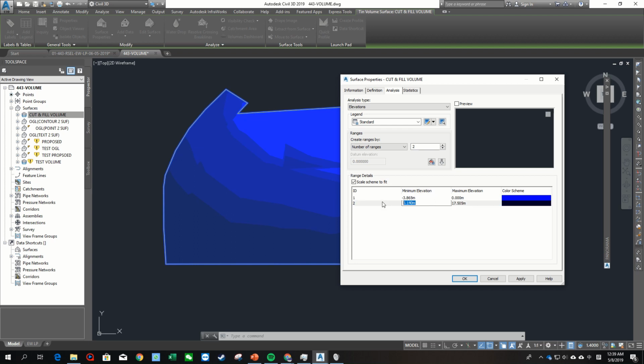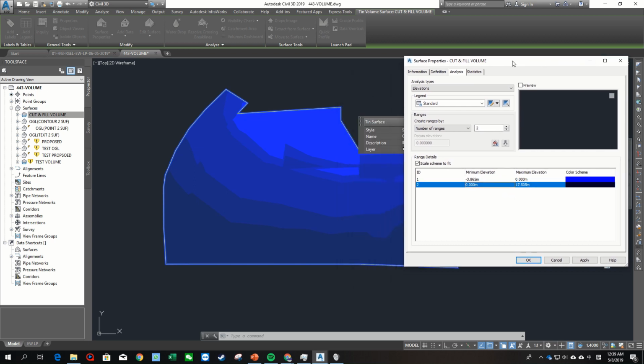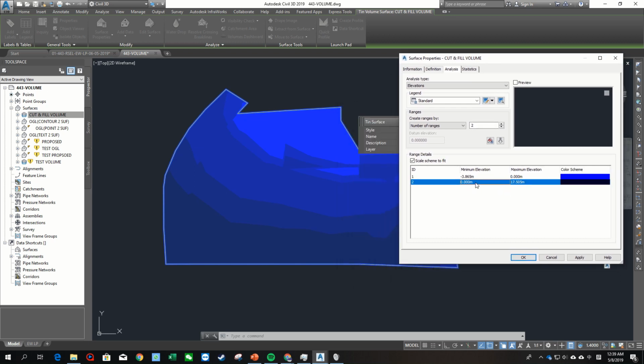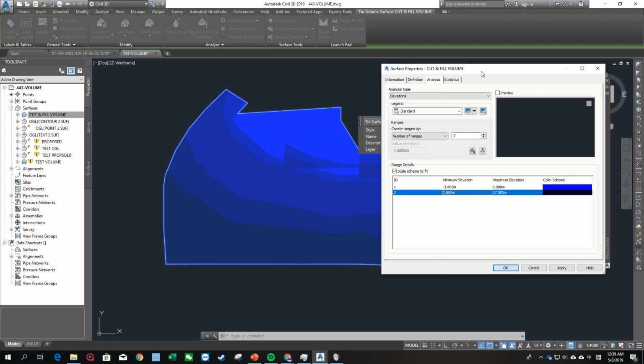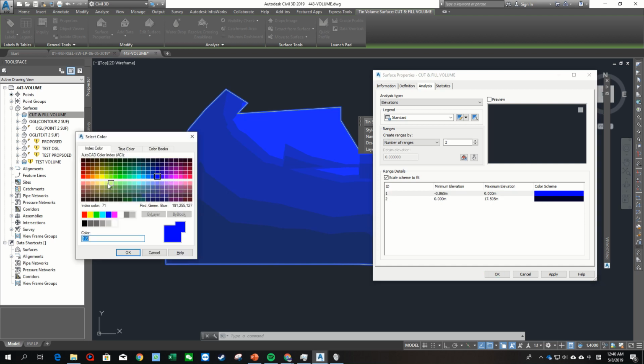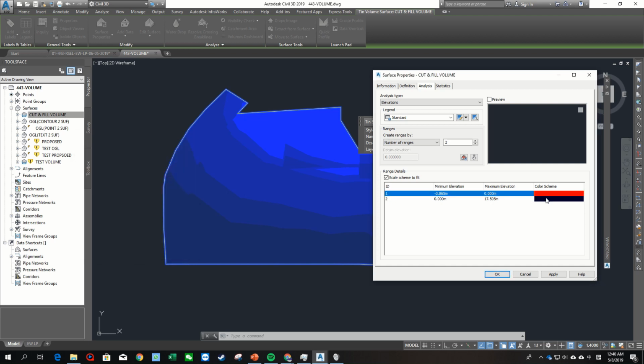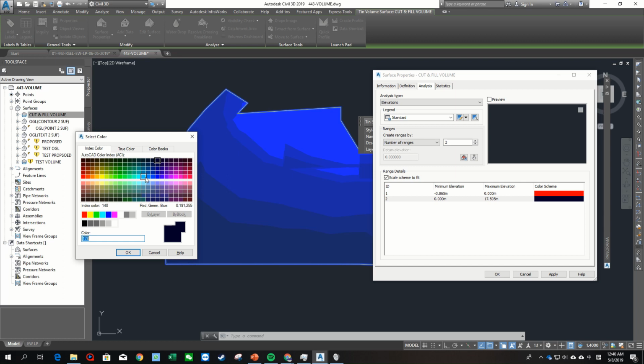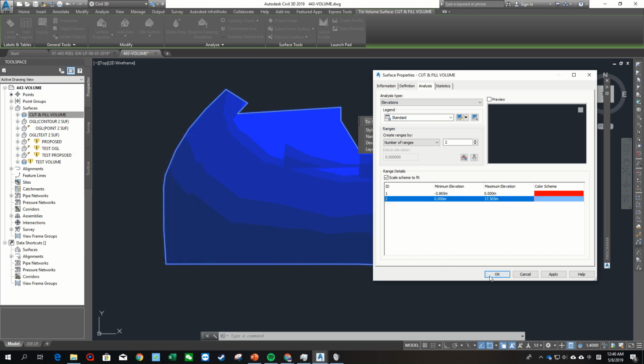For all levels which are below 0, it means cut. Wherever above, it means fill. So we change it to red color, and this one we choose blue color. Okay, these two colors, then click apply,